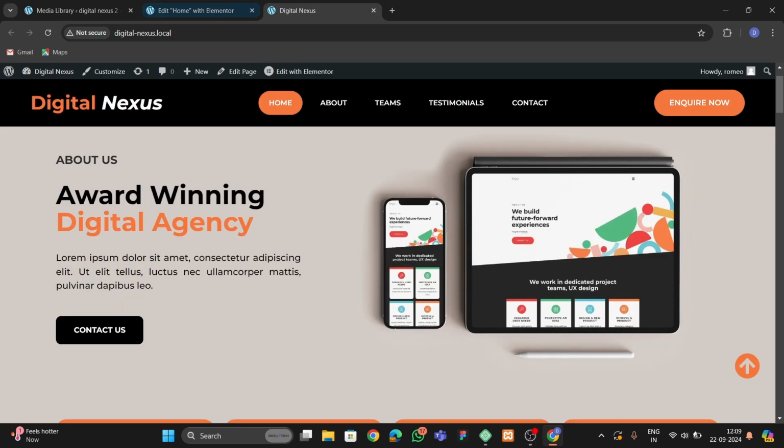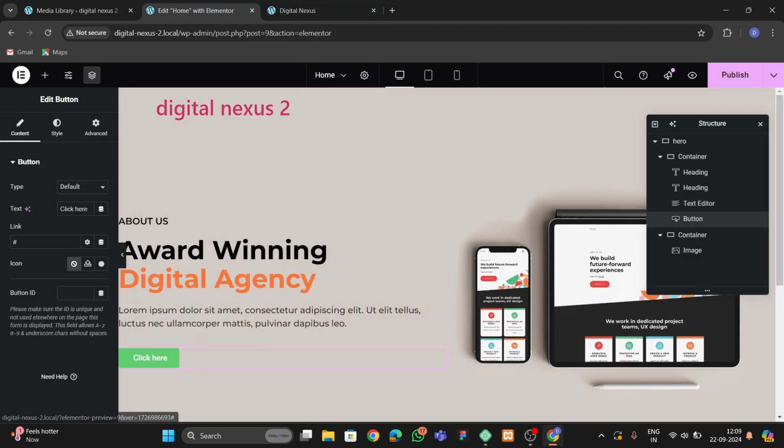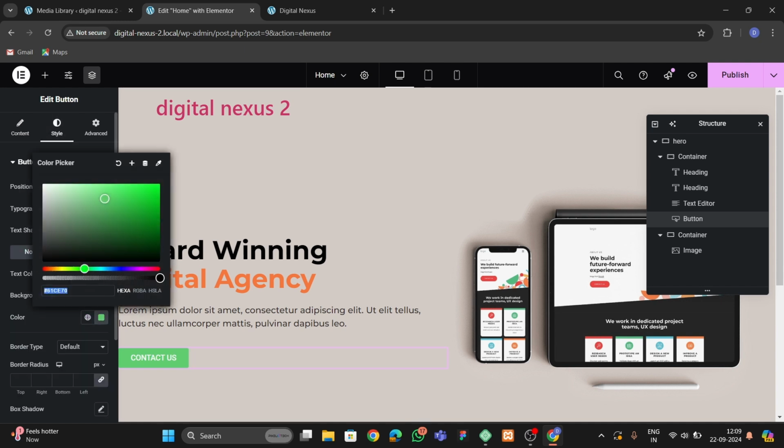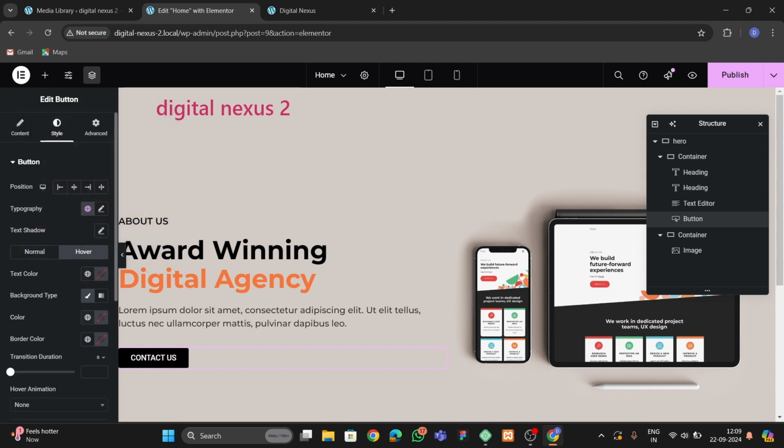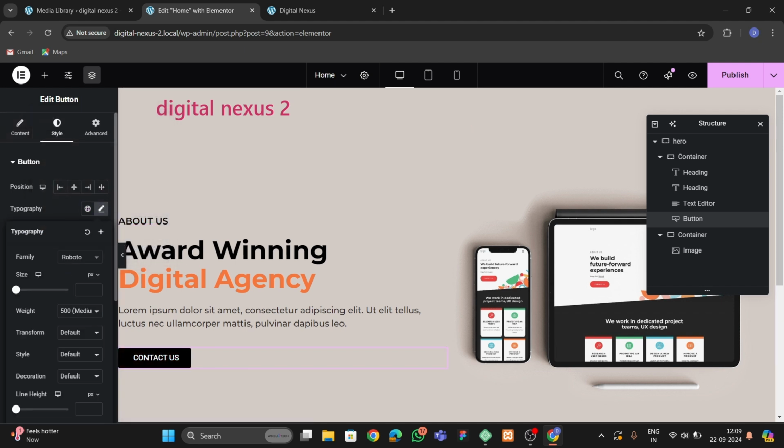Okay, then after that we have this contact us button. So let me go to the contact us, and here we're gonna add contact us. Then after that we're gonna go to background color, and we're gonna make this black, and also we're gonna make this white. Then in the hover, the text color will be this, and this one will be white. Okay, so now we have to change the font to Montserrat,